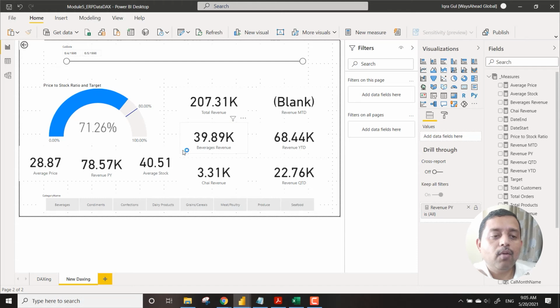And the end date, what we did, we increased it by 30 days. When you increase it by 30 days, and we are talking about the year 1998, it has already gone from the June month to the July month, the next month actually. So it was actually supposed to be May month, and now it has gone to June month, the next month. That's where the problem has cropped up.